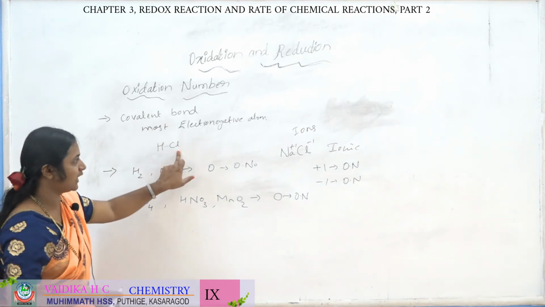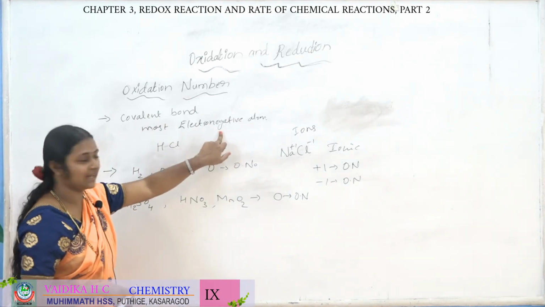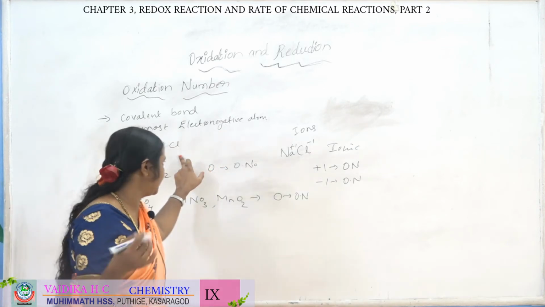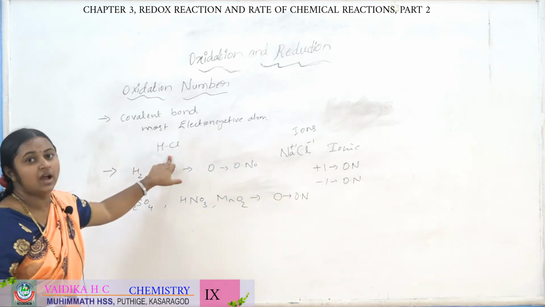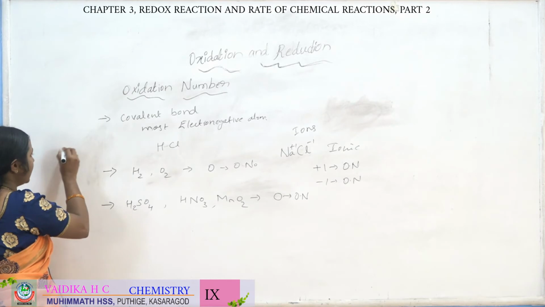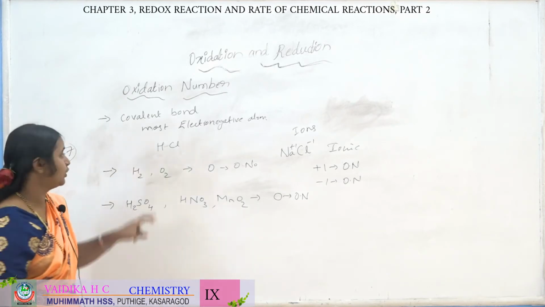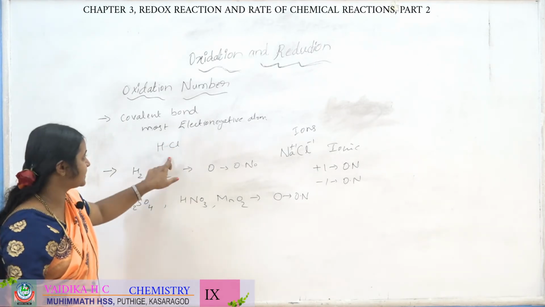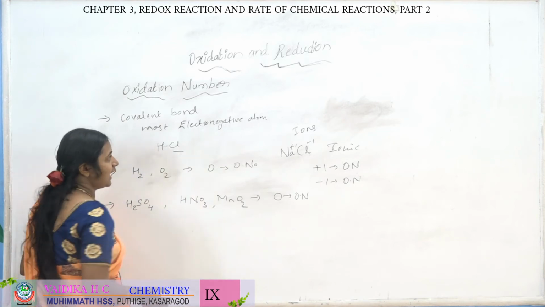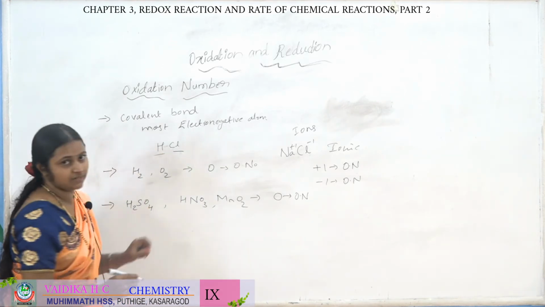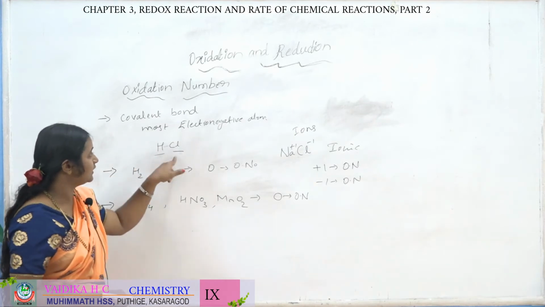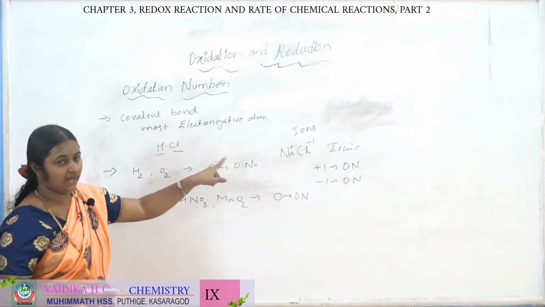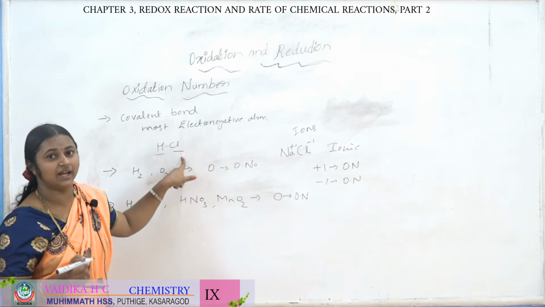So this chlorine atom will be highly electronegative, right? Because it is in group 17. That you will study in the next chapter. But as you know, in the 17th group, the elements are more electronegative. As we consider the electronegativity scale, you can see that chlorine is highly electronegative and hydrogen is less electronegative. So in a covalent compound, we consider that the most electronegative atom will acquire or gain the electron.